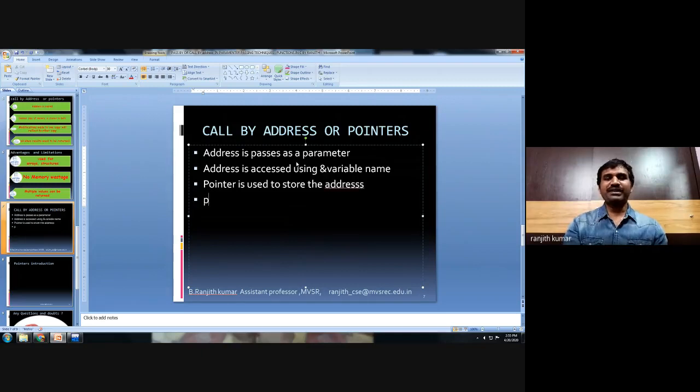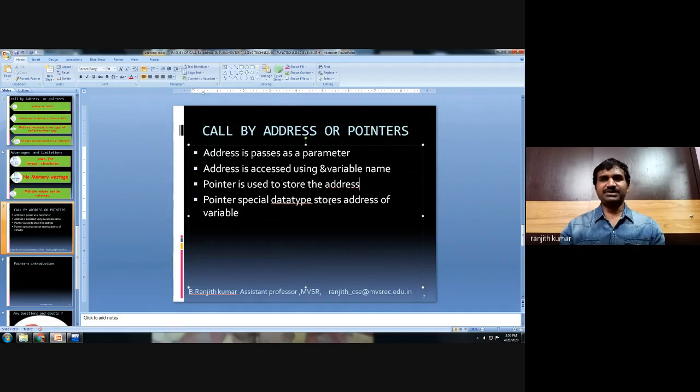And what is a pointer? Pointer is a special data type which will store the address of a variable.